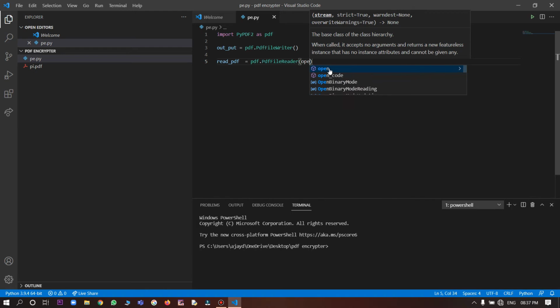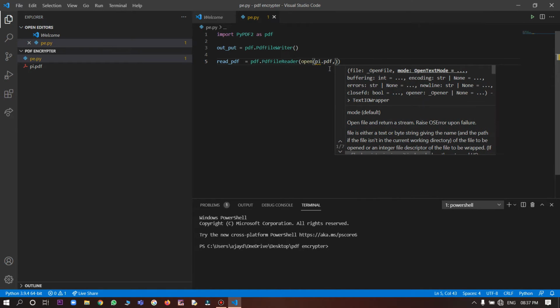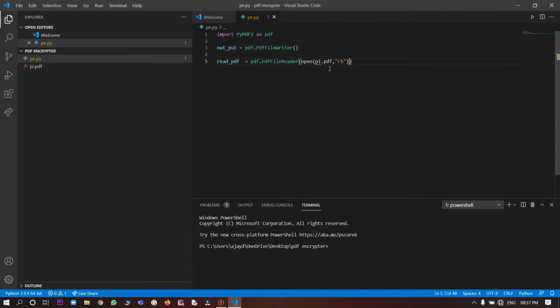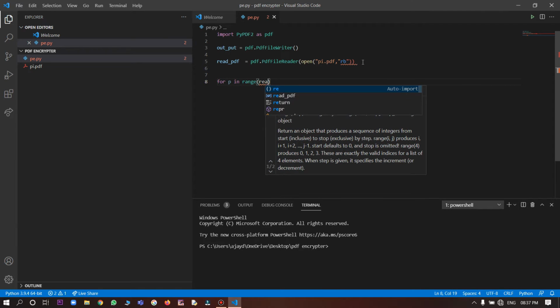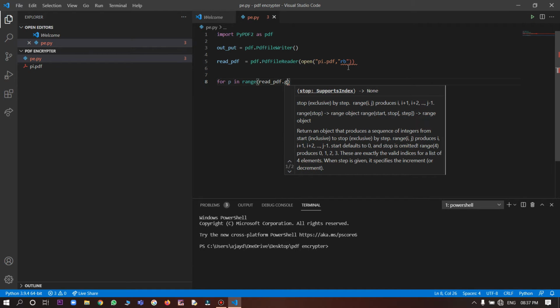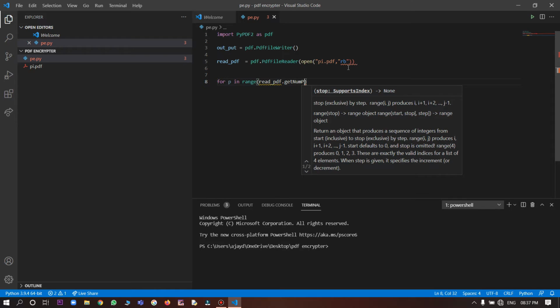and give open command, that is py.pdf, and give as rb, and in the next line we will write for p in range read pdf dot get num pages,